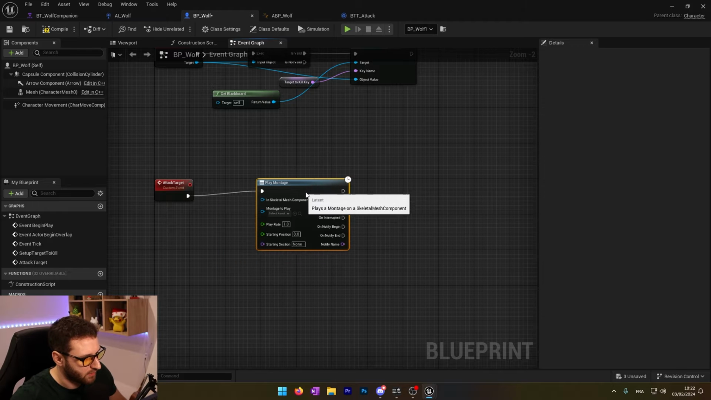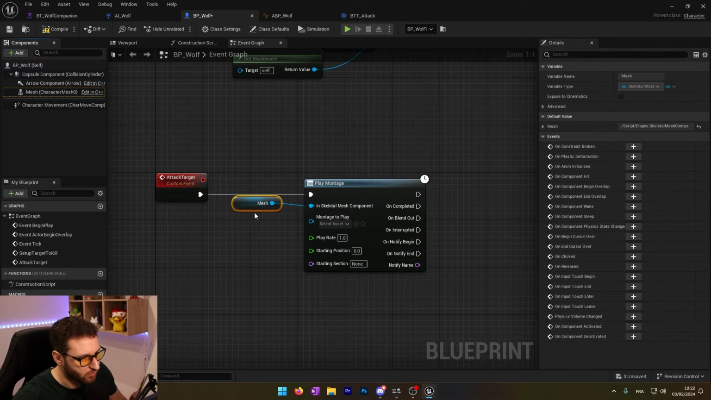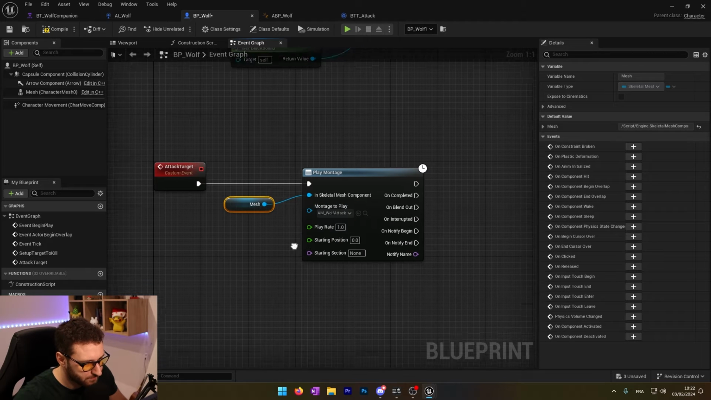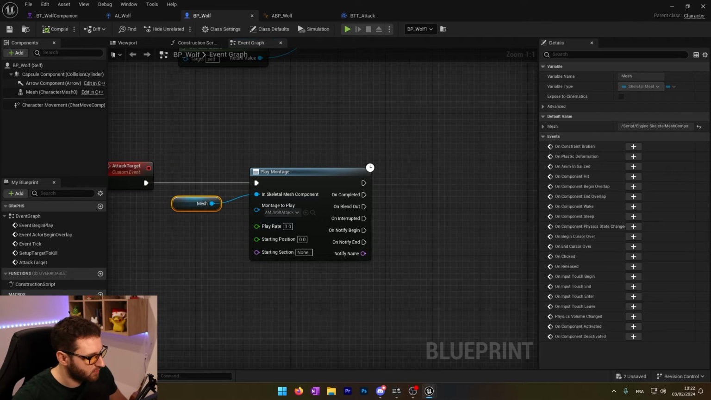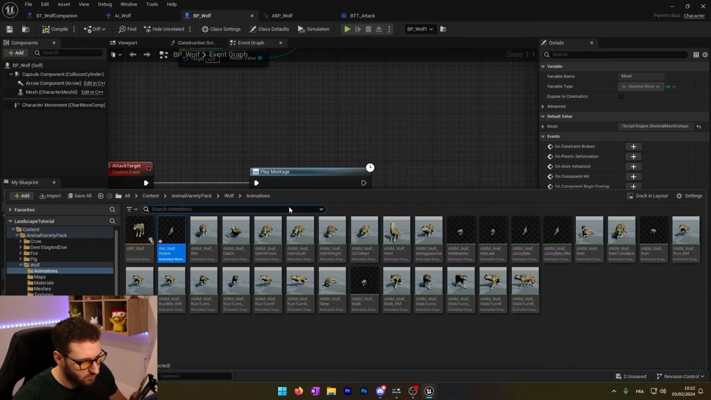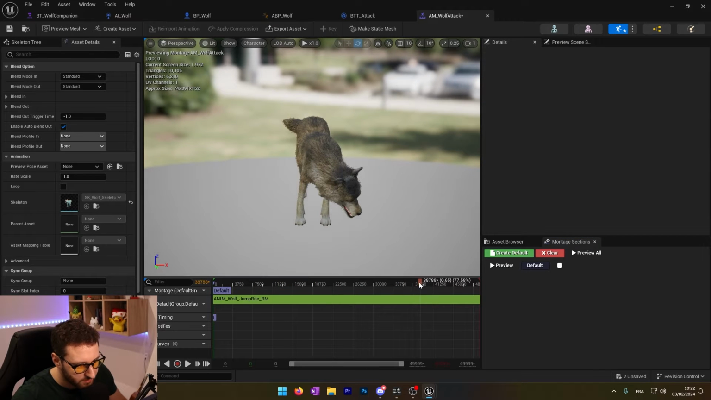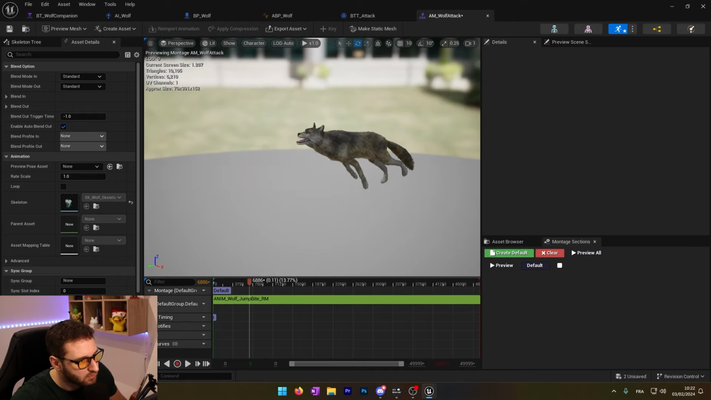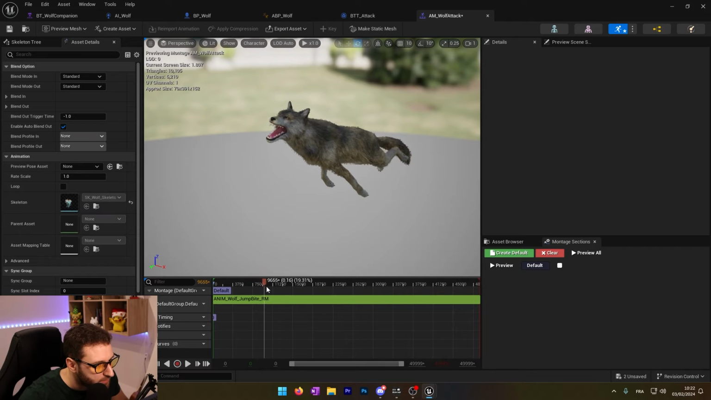Play the montage. We'll get our mesh into the skeletal mesh component. The montage to play will be our wolf attack. Keep everything as it is. Now I'm just gonna go into my wolf attack to add a notify, when it's actually touching. That's a very mean wolf. When the wolf is gonna be biting,